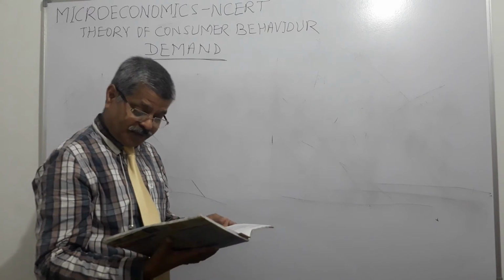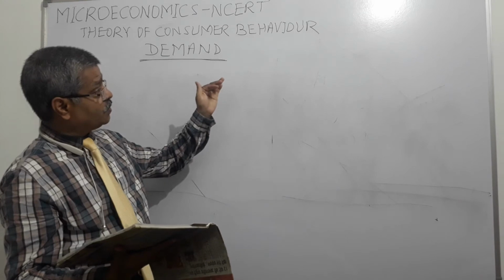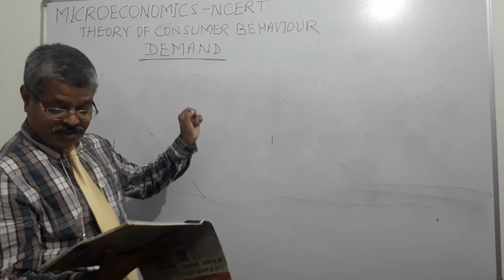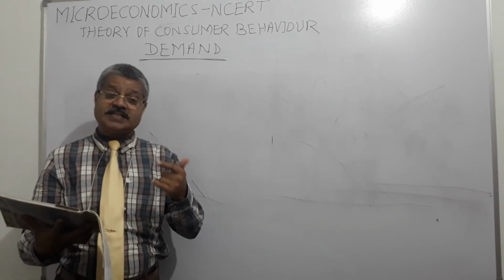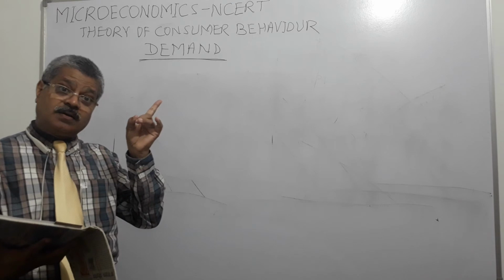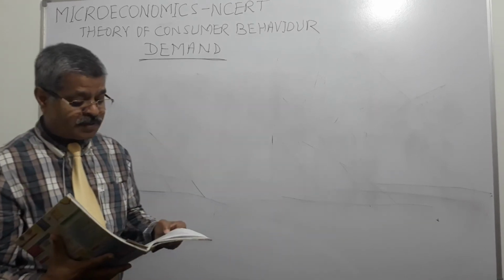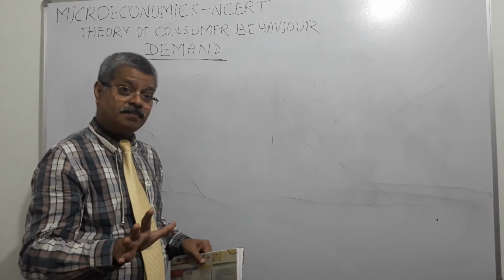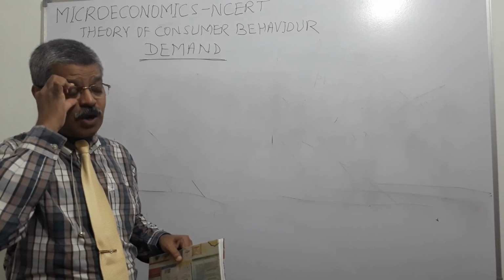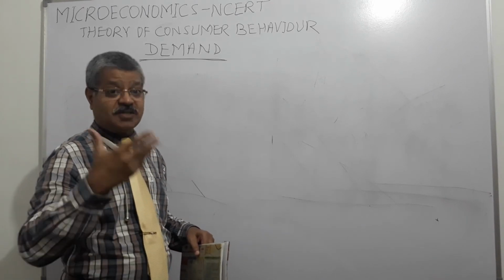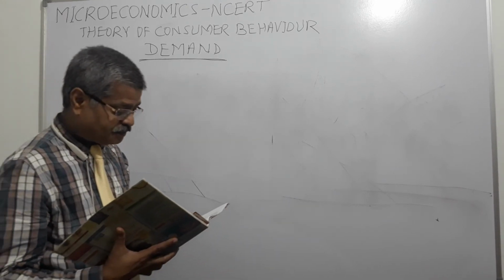What is the substitution effect? The change in the optimal quantity of a good when its price changes and the consumer's income is adjusted in such a way that the consumer is able to afford the same bundle as before the price change is called the substitution effect, right? And when the income remains the same but the price of the commodity changes, then if the price goes down, the consumer experiences increased purchasing power. So that is called the income effect, right?